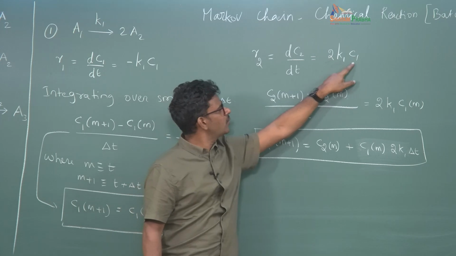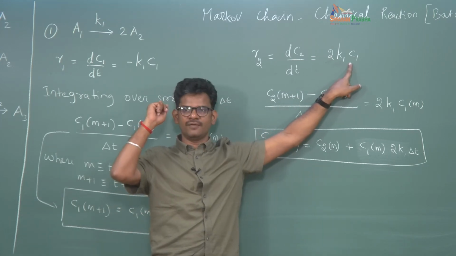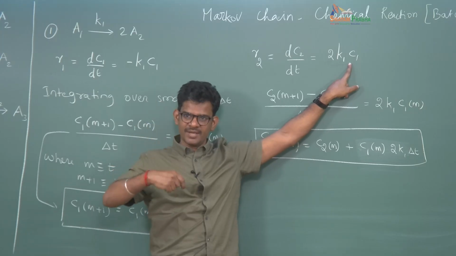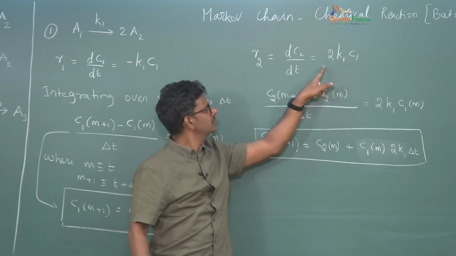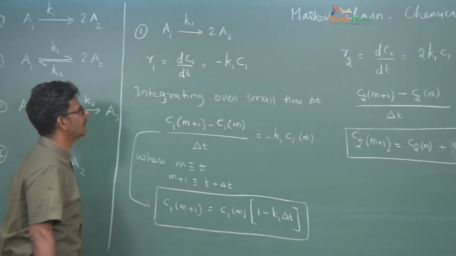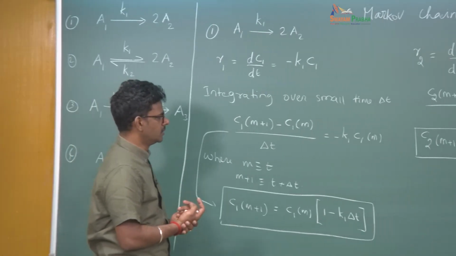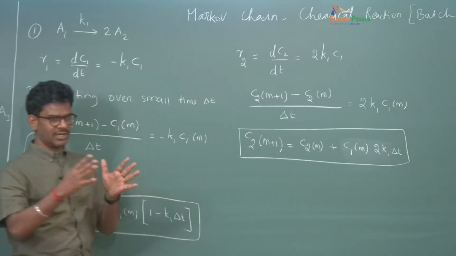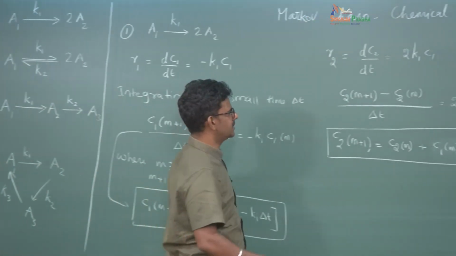But this K1C1 is a rate of reaction of A1. But every time one A1 decays, it creates two A2. So this is the stoichiometric coefficient. So now I want to write these two equations in a more compact matrix form. So I say that